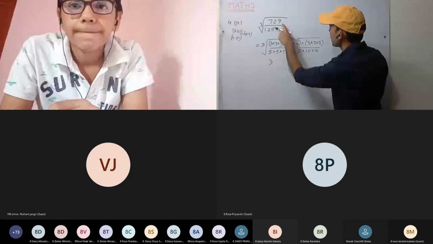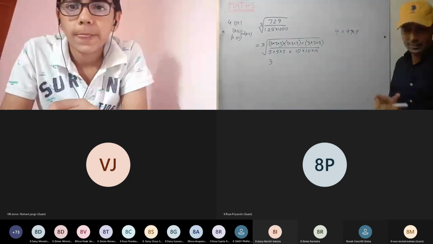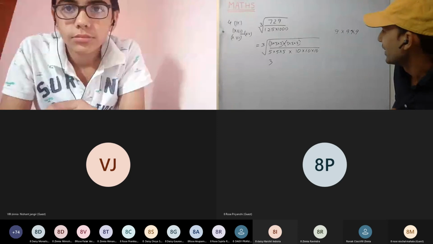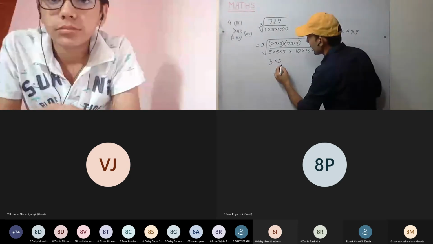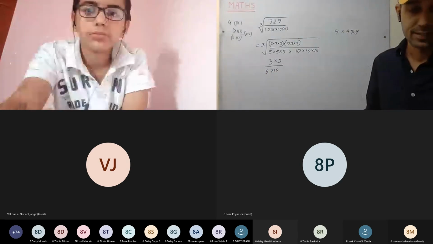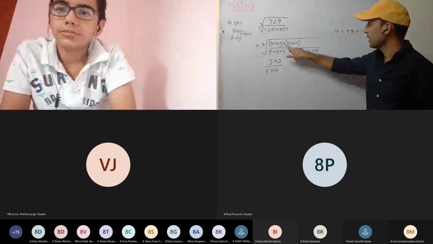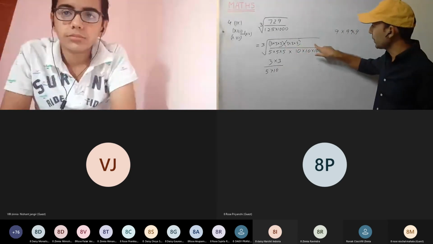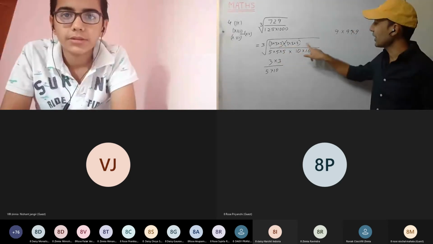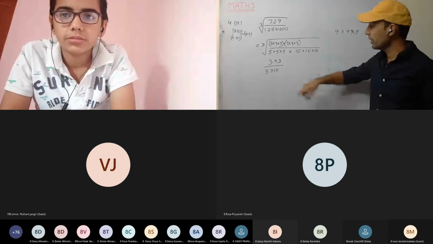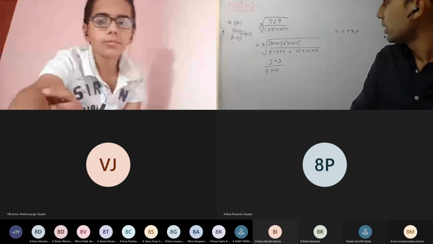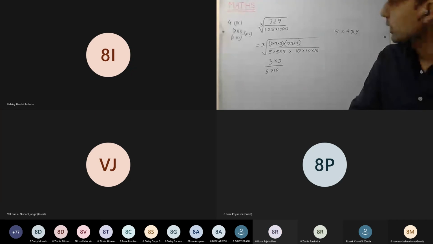It's a cube of 9 only. So 3 into 3 divided by 5 into 10. Is this clear? Okay, I made a mistake here. From each triplet we'll be getting 3. I added an extra triplet. Okay, is this clear? Any more doubt here? Now 9th is over. 9th and 13th we have done.